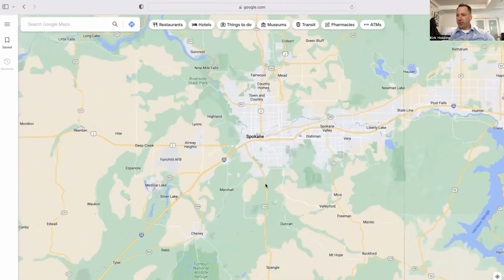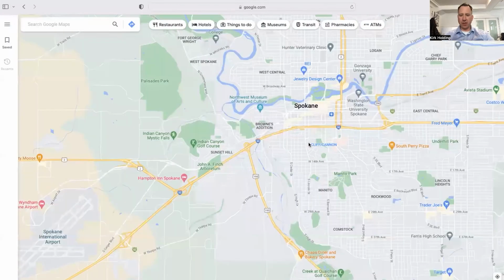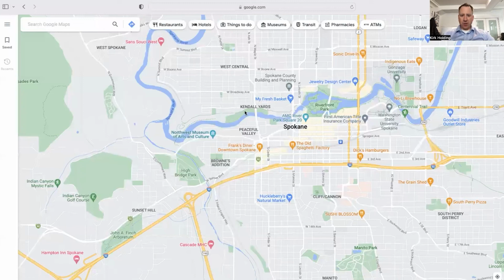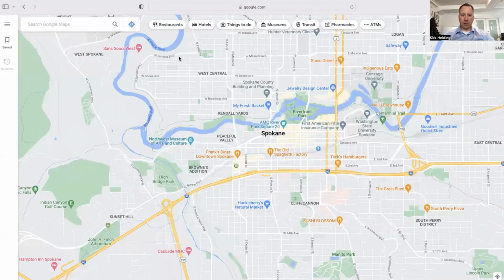Our first things to do in Spokane: you've got Kendall Yards, which is one of those neighborhoods we're going to talk about in this Spokane vlog, but it is a trendy new neighborhood by downtown Spokane. Basically, let me draw it here, kind of all this neighborhood, and it's adjacent to the Spokane River, and they really laid it out nice so that everything is walking, biking distance to the Spokane River, downtown area, all the shops, everything. And then as we move